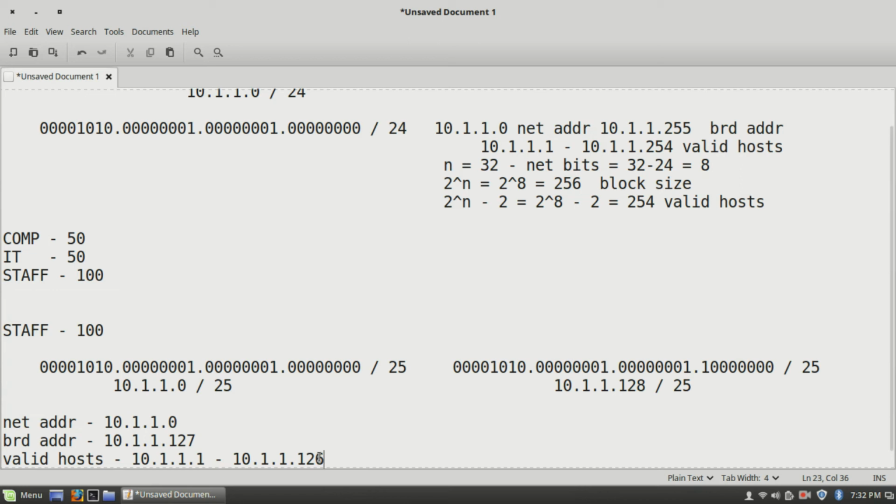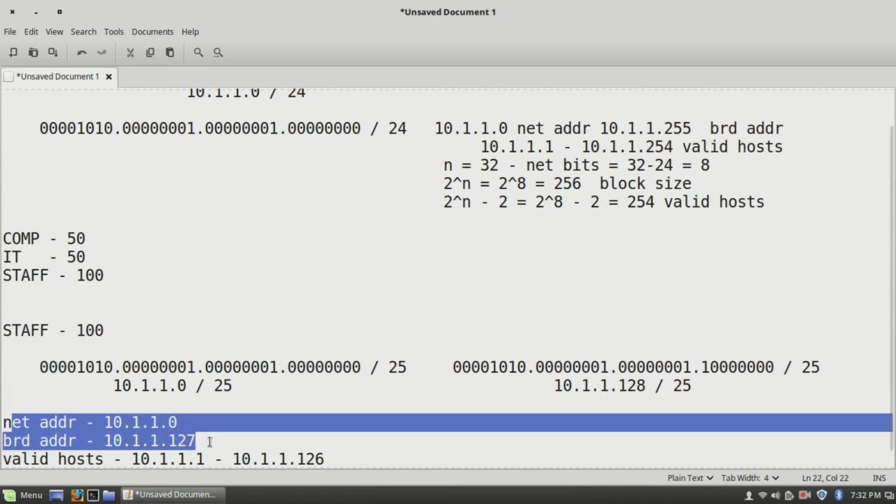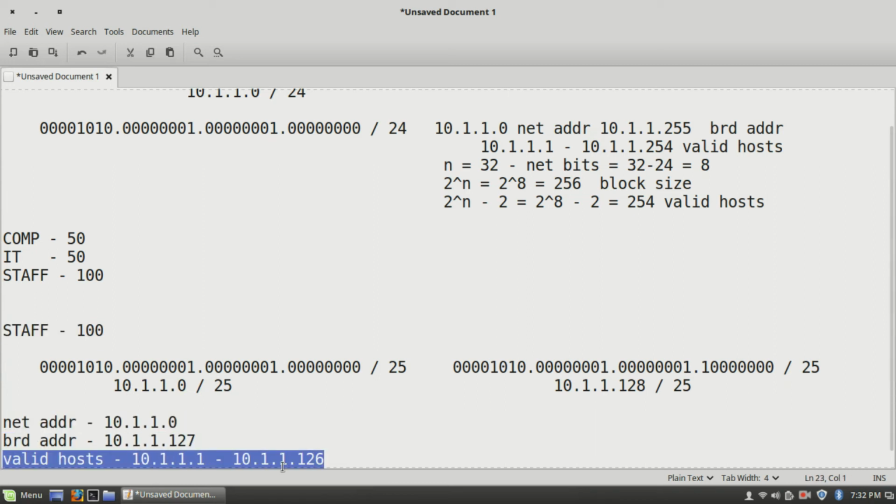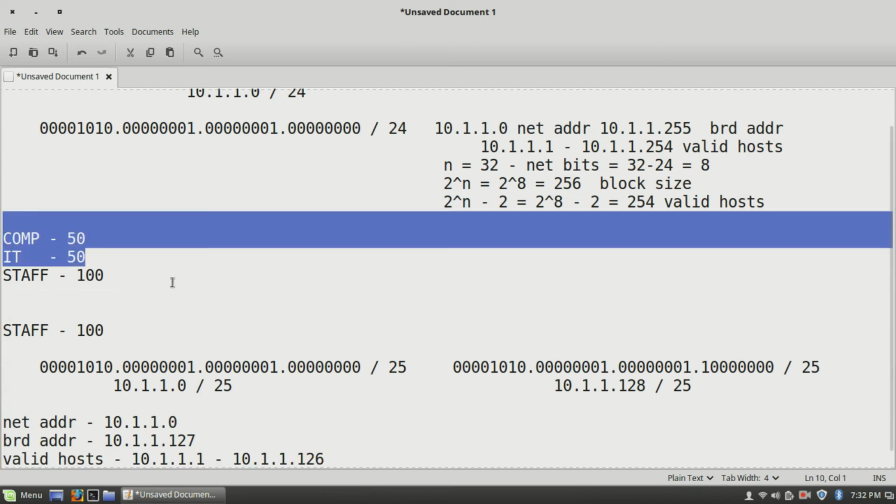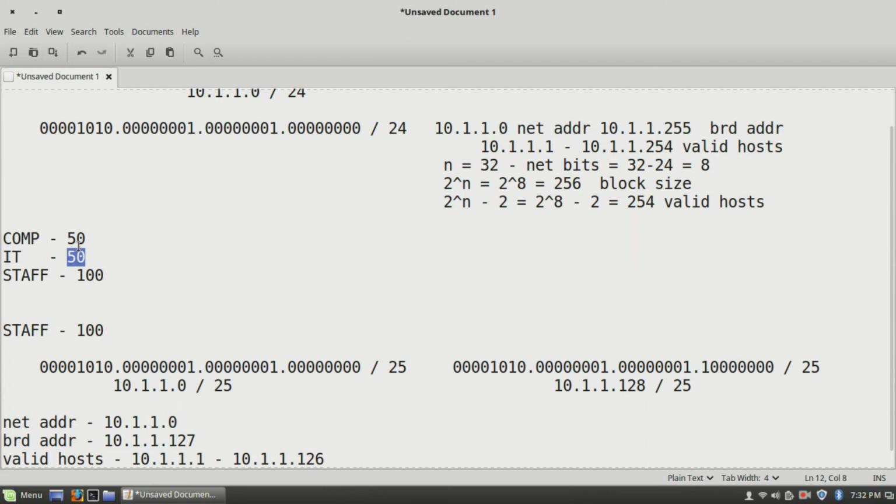Alright, so we are done with the first network. The first network would be this, which will be assigned to host, and the network address would be this, broadcast address would be this, the valid hosts would be this. Now let's just come to our other requirements. Computer and IT. Now their requirement is of block size of 50. Now what we are left with is this